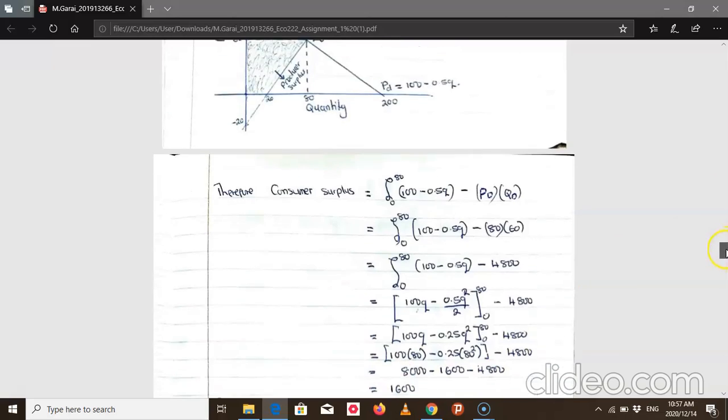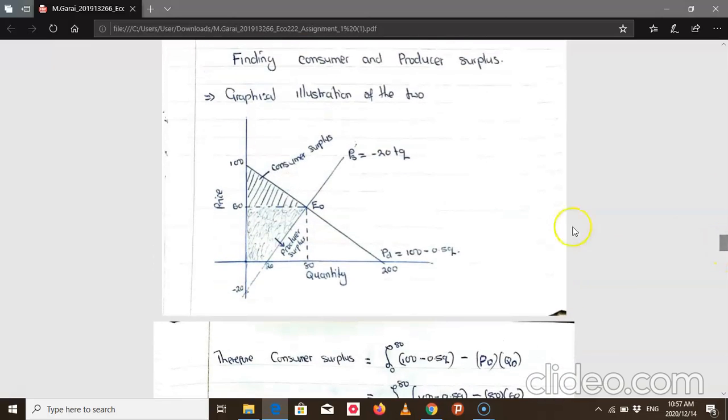Let's go back to our producer surplus. Which one is our producer surplus? It is this area, right? But how do we account for this area? So for us to find this area, we say the area of this rectangle, 60 by 80, covers this whole area. But we have included the area that we don't want, which is this triangle. To find the area of this triangle, we integrate the